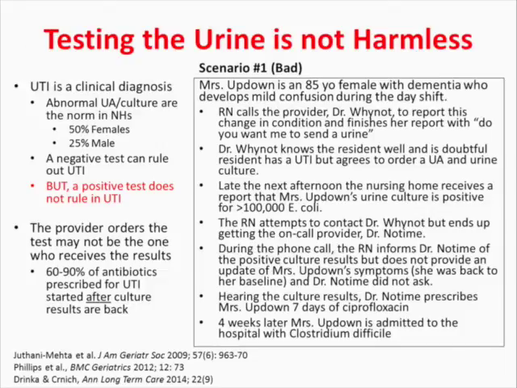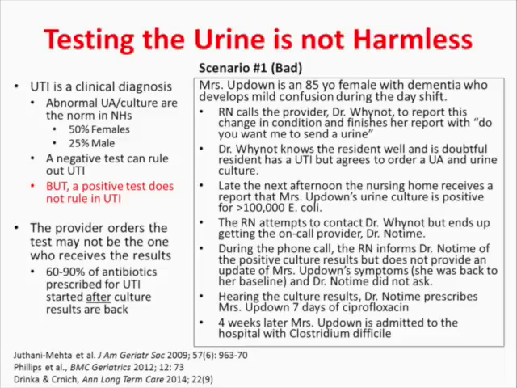A urinalysis can be used to rule out the presence of a UTI if it's normal, but if the urinalysis and the urine culture is abnormal, that does not, by extension, rule in a urinary tract infection. In general, urinary tract infections manifest themselves with some type of clinical exam finding, and a positive test by itself means nothing from the perspective of a diagnosis of UTI.